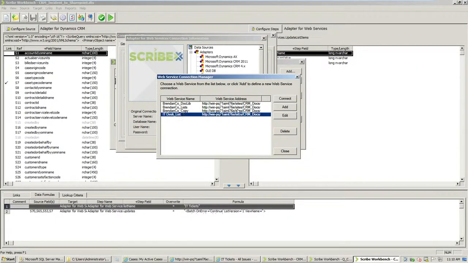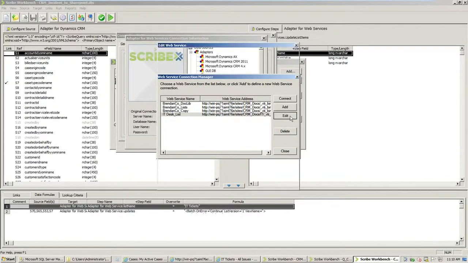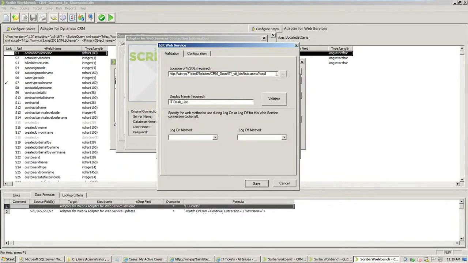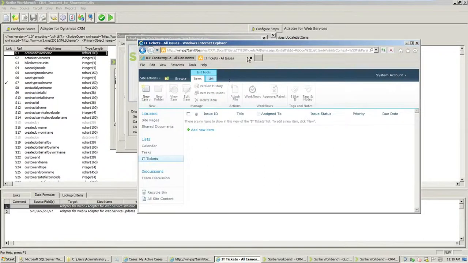So these are just the URLs for the different websites that we're working with, or the different SharePoint sites. And the way that Scribe works with SOAP Web Services is you just point to the WSDL for that particular document library or SharePoint site. So it's just pointing to the WSDL for this particular